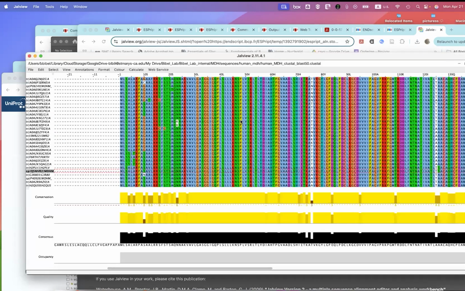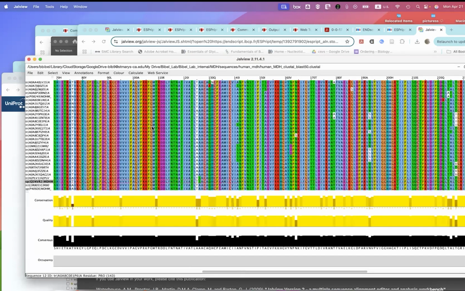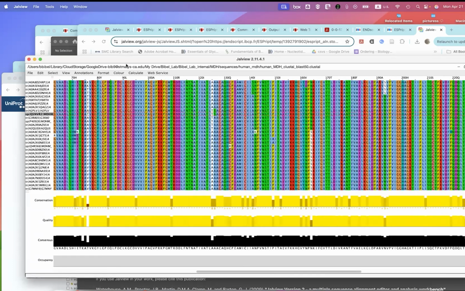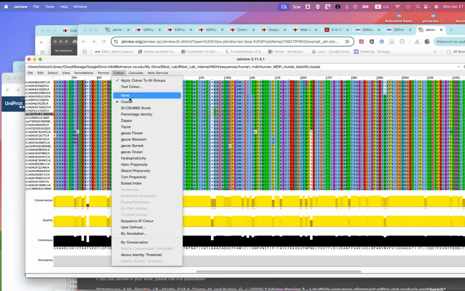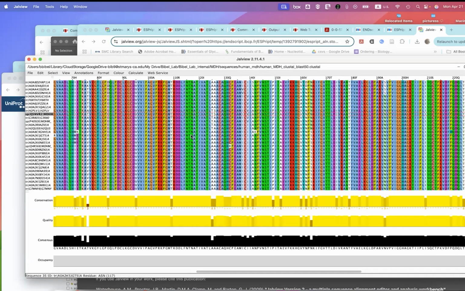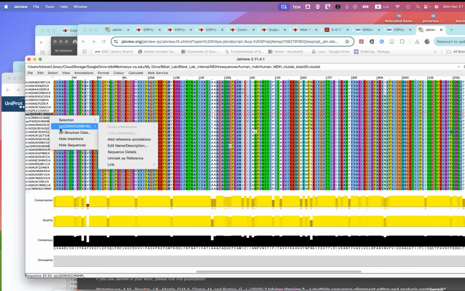So here I'm showing you the same structures, but this time in the desktop version of Jalview. Here they're colored by Clustal, so again by their properties, but you could also do it by various other things like conservation, whatever you want. You can alter things. You can change the name of the sequence, so you can edit the description. There's a lot of different options. I'm not going to try to do a tutorial on this right now,